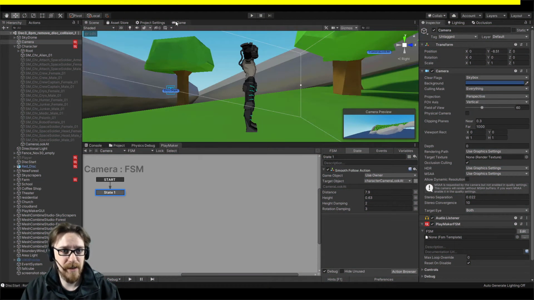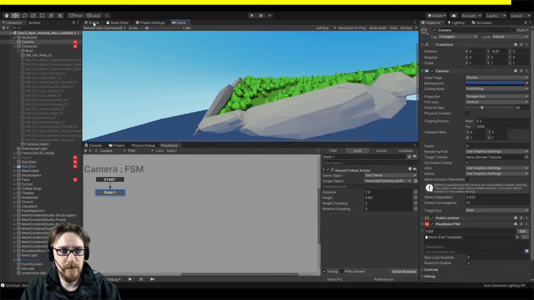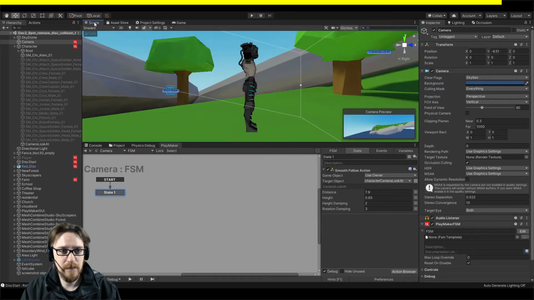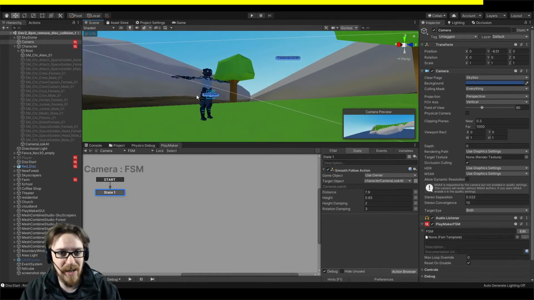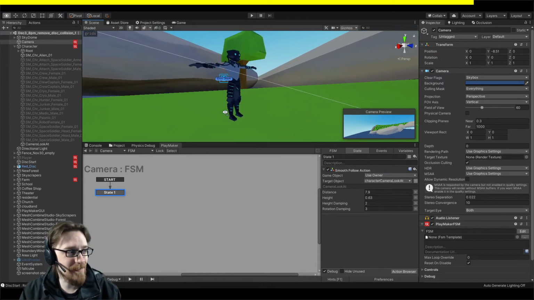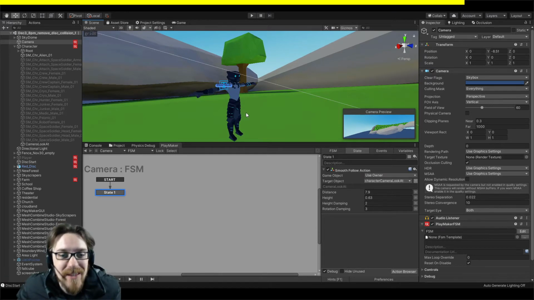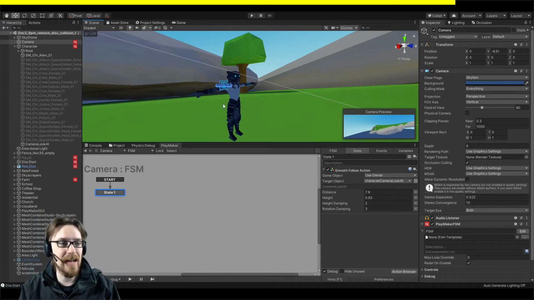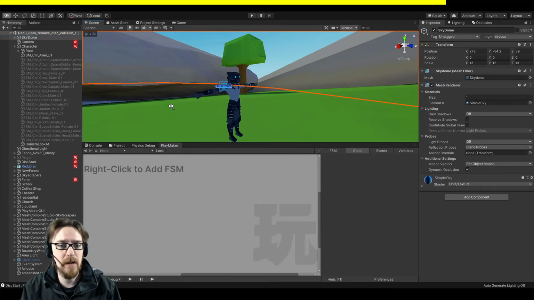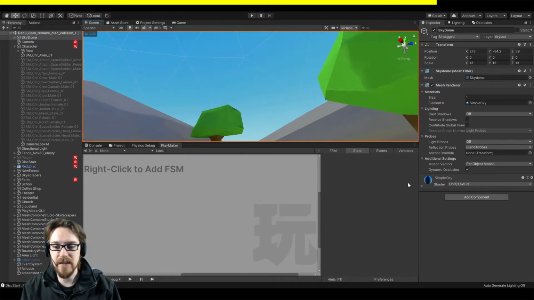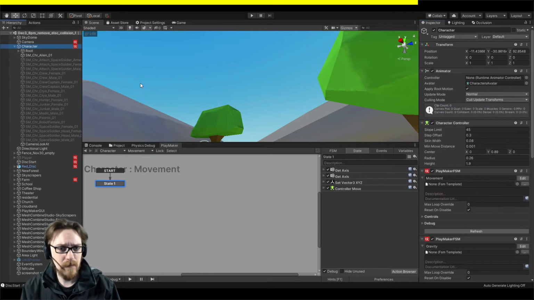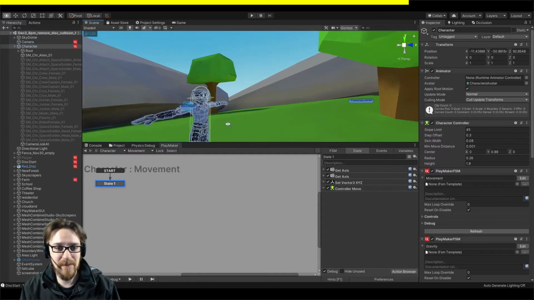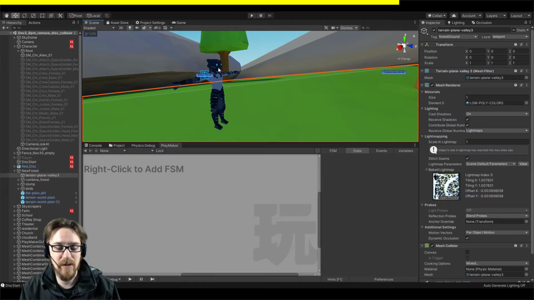Also, bonus trick. If I turn my lighting on, notice that my character's all really washed out. This is bonus tip. This is because I'm not using a real skybox. I'm using this sky dome that I can rotate its shader to make it look like different times of day. So I was having a really hard time getting colors to look realistic, and then I finally figured out what my problem was. So if I go to lighting,